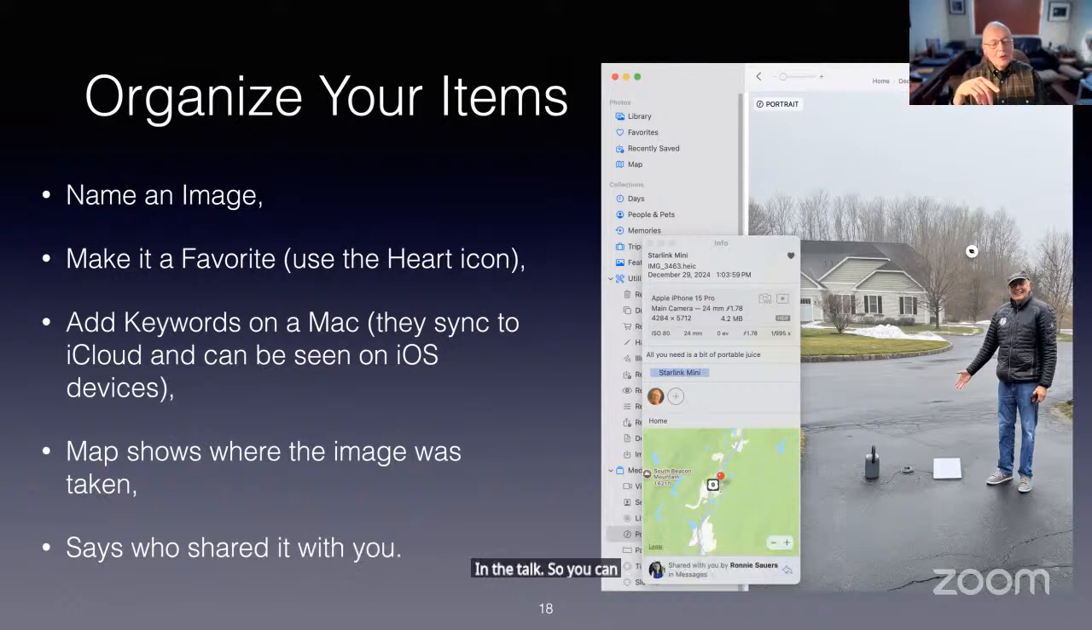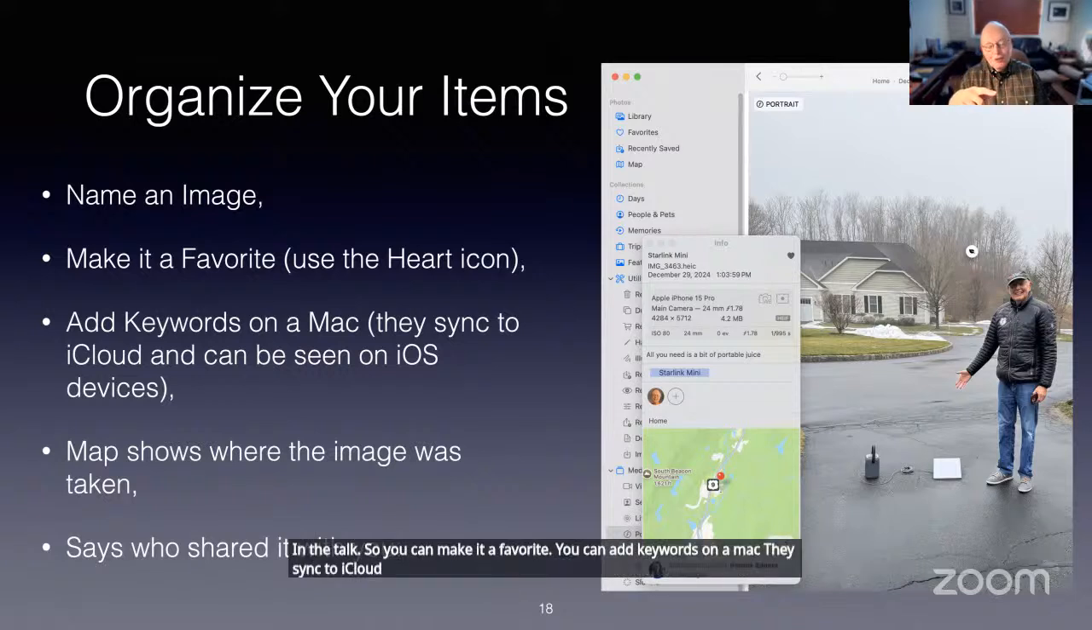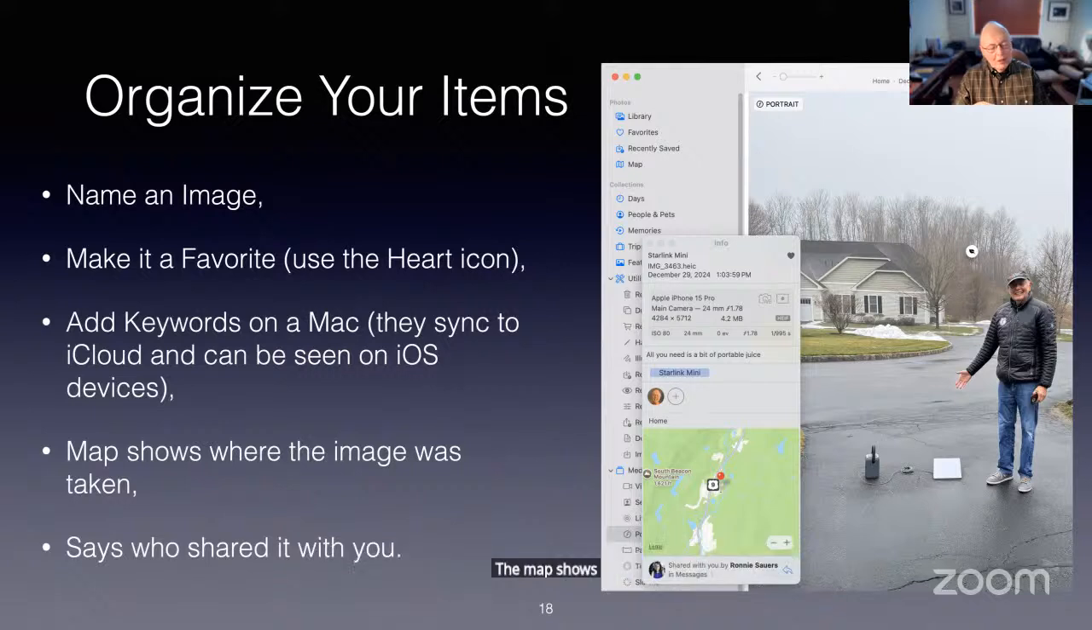You can add keywords on a Mac. They sync to iCloud and can be seen on iOS devices. So you can't assign keywords on iOS devices, at least not yet. The map shows where the image was taken, and it says who shared it with you. So I think that gives you an idea of what you can do with the Get Info